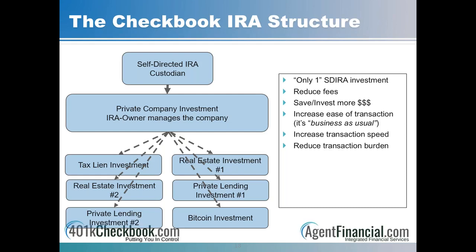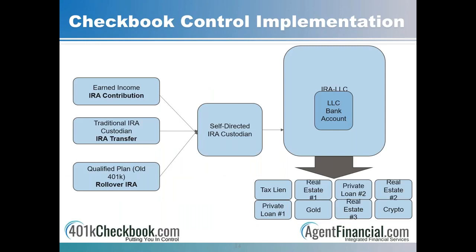So now that we've got a solid overview of how this works, let's see the anatomy of transacting and the flow of cash. So when we implement these, there are a couple of pieces that have to fall into place. So we've got to have an IRA at a self-directed IRA custodian. Then we've got to have the IRA LLC. We've specified LLC in this slide. We use some alternative structures as well. We may use trusts, for example, but for the most part, now, our go-to, the default is to use an LLC structure. So we'll have the LLC in the bank account,